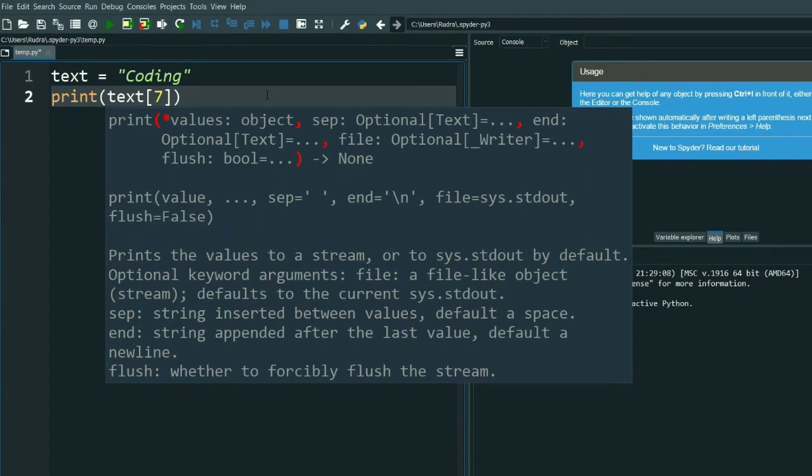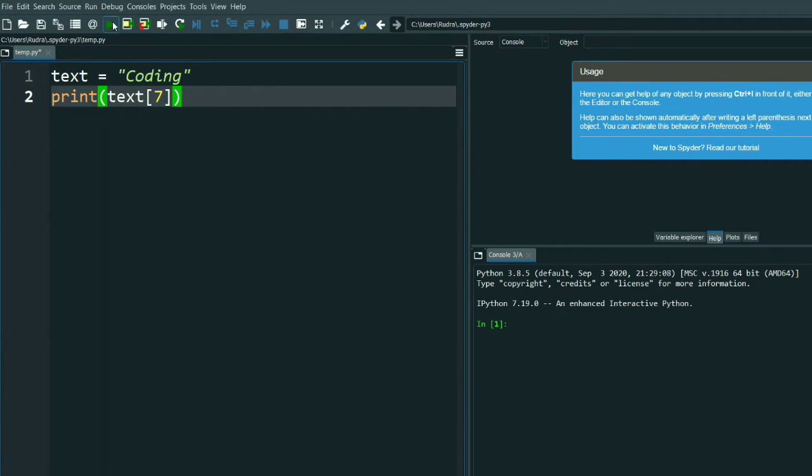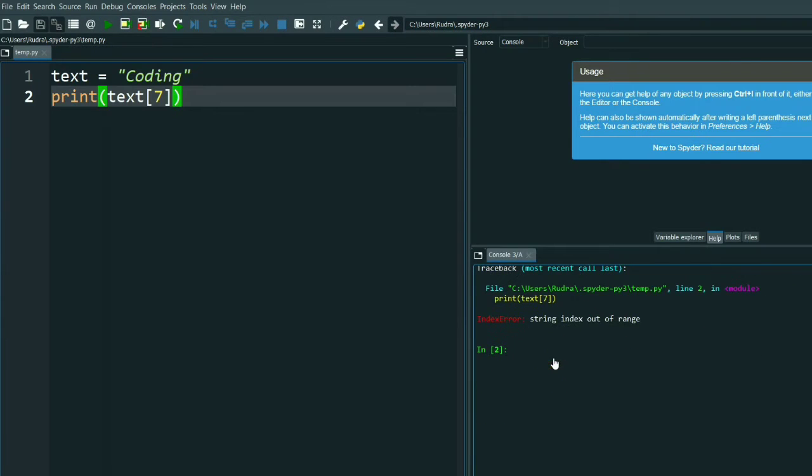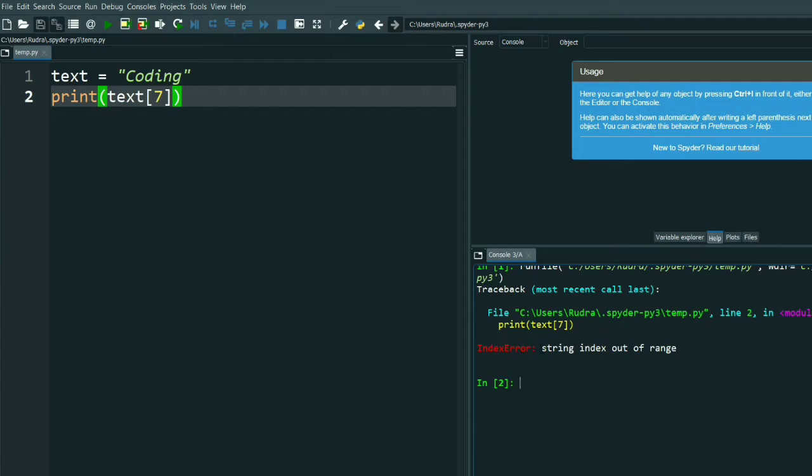I want the 7th value. See, index error, out of range. Why? Because 7 does not exist. C is 0, O is 1, D is 2, I is 3, N is 4 and G is 5. It does not exist. That's why we get another error. What is that error? Index error.